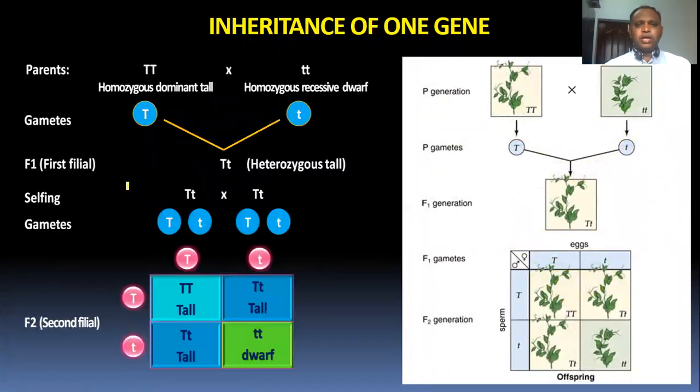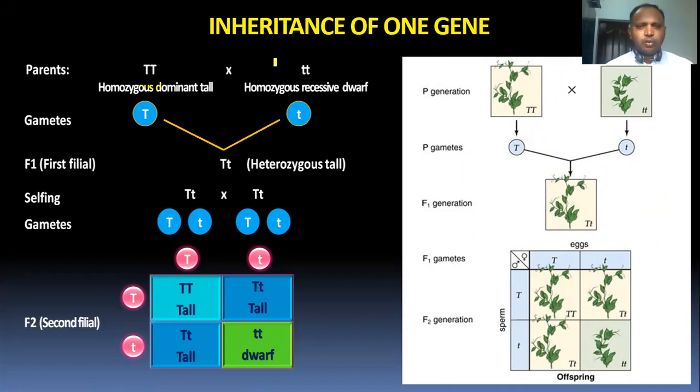Here we will see the monohybrid cross. He selected 2 parents that differ in one character. The character he selected to study the inheritance of one gene is stem height. All of them are pure breeding varieties, true lines. So the first parent is the tall parent, homozygous dominant tall. The genotype is capital T, capital T.